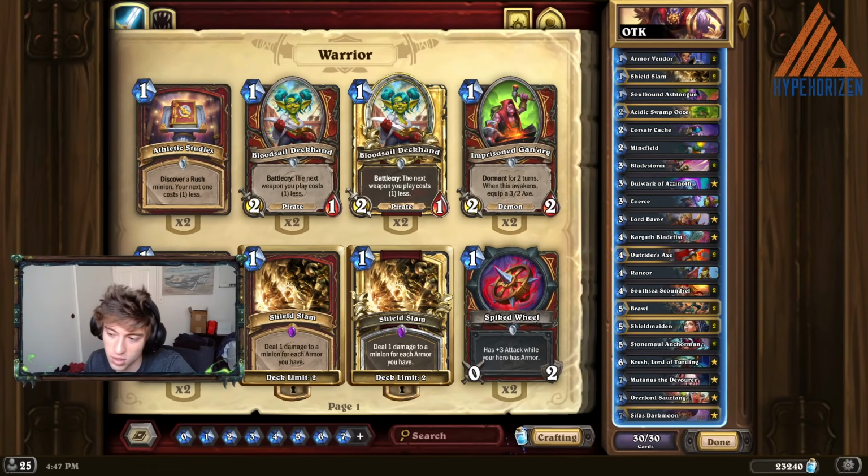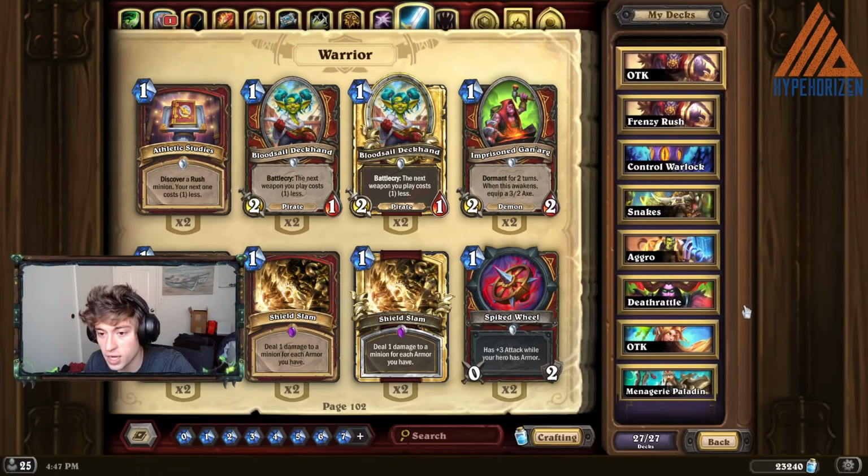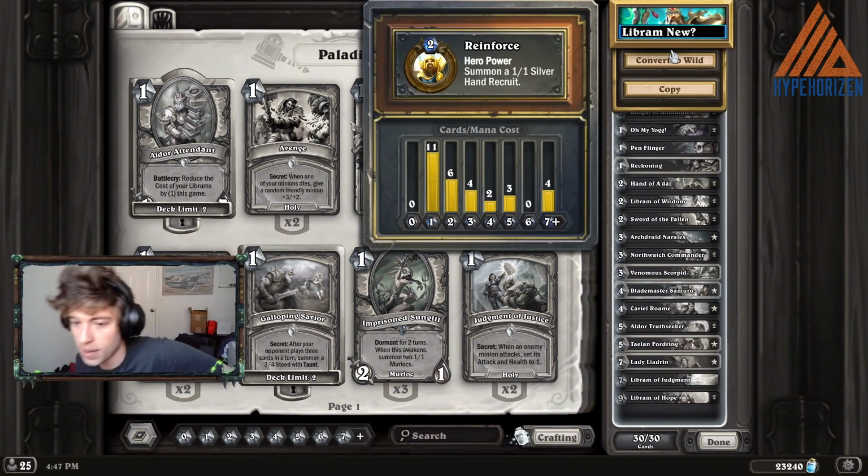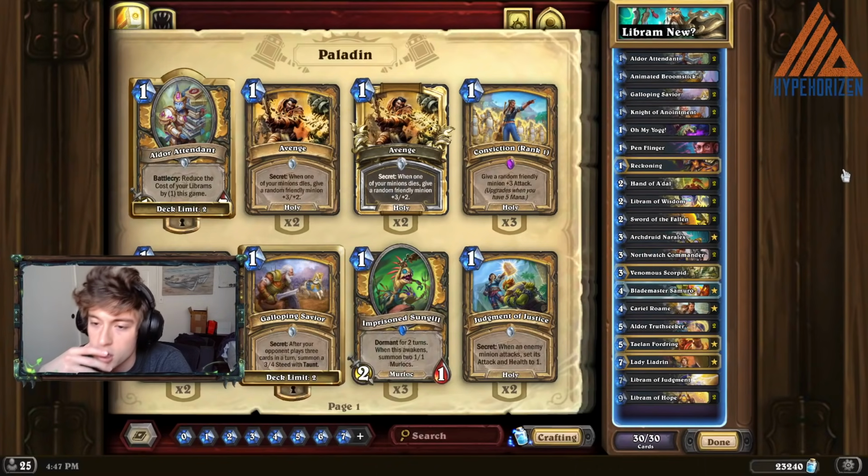There aren't any other decks I really want to talk about right now. The only other deck that I kind of want to talk about, I guess, is Fringe, is the Libram Paladin deck that I've been running a little bit. It's been doing pretty well. It's a small sample size. It's only like 4 games. I'm 3-1, but the 3 games felt good, and even though I lost one of the games, it was really close,